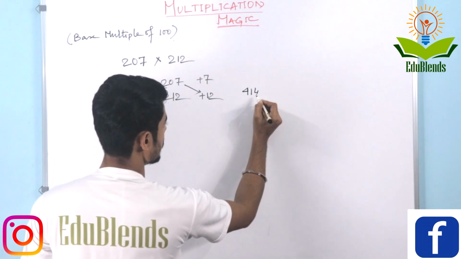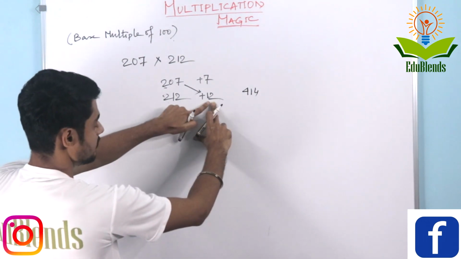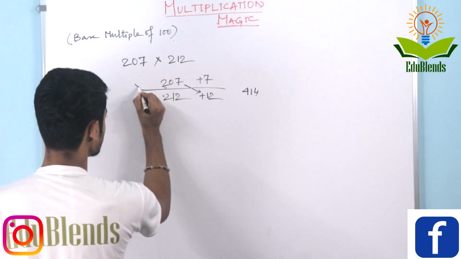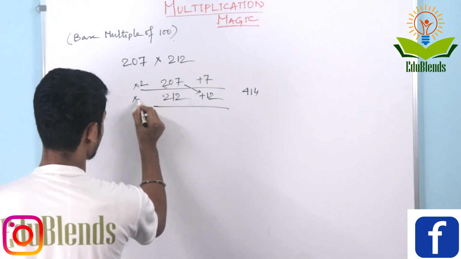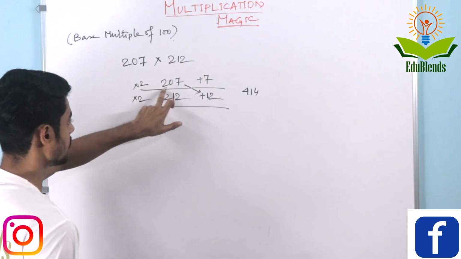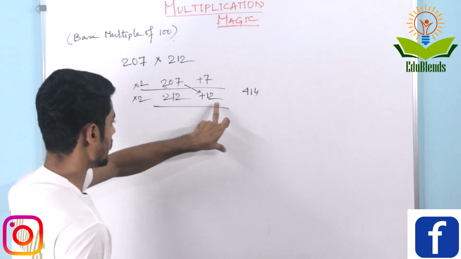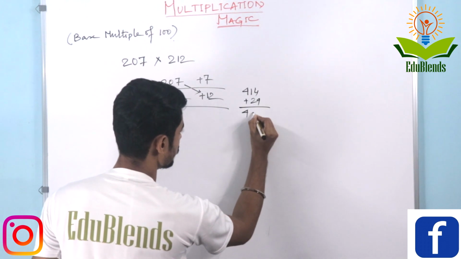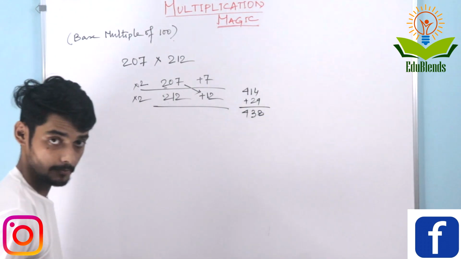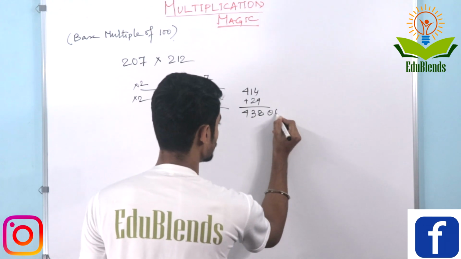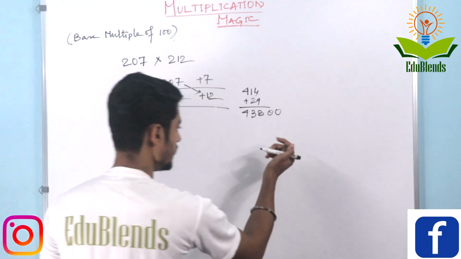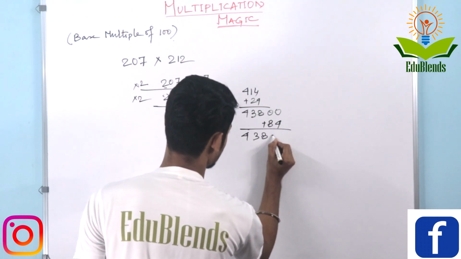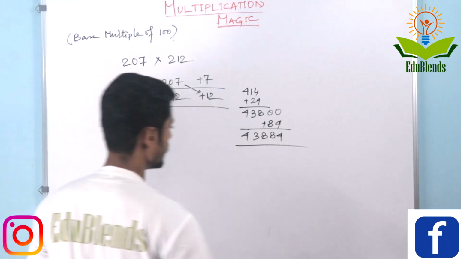414. Okay, now 414, and this number will also get multiplied by 2. Like this whole part is multiplied by 2. Like this one 414 and multiple of this 2, 24. Add this 2, 438, simple. Then after that 00, same method, 7 into 12, 84, and plus sign, will be 43884. This will be the answer.